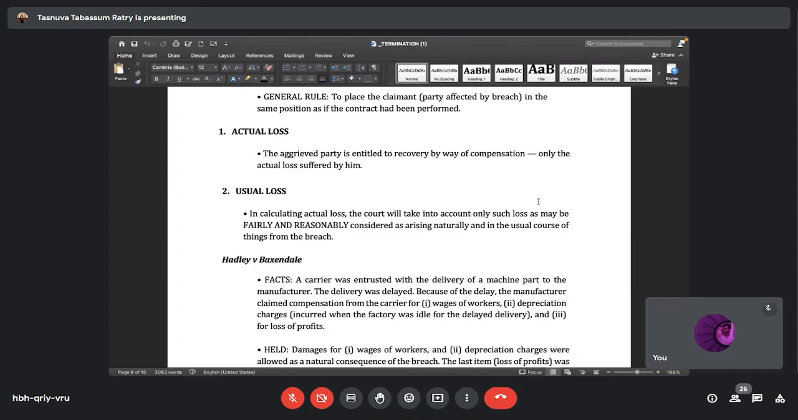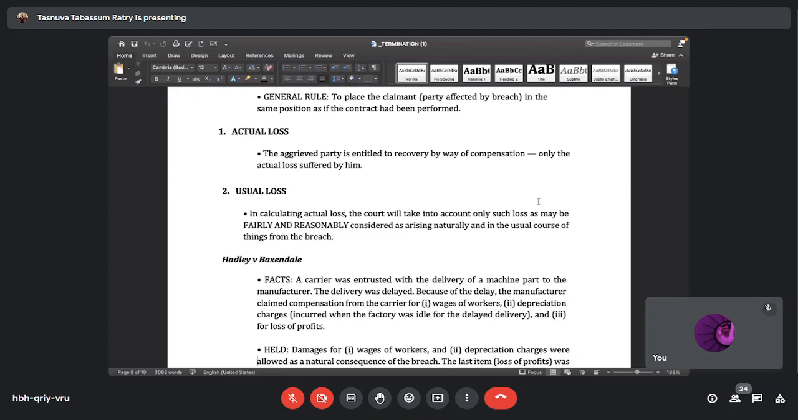Say the delivery, or the performance, was supposed to be due on 1st February, and there's a delay of 2 months. In that case, you're paying for the extra labor for the 2 months. Your machines are idle for 2 months, which means depreciation charges. So what are these losses? Are they actual losses? No,